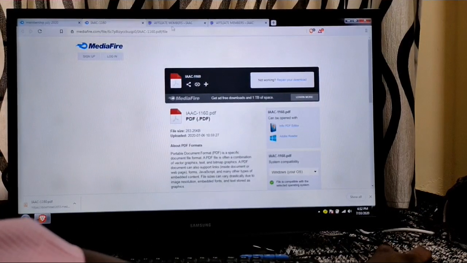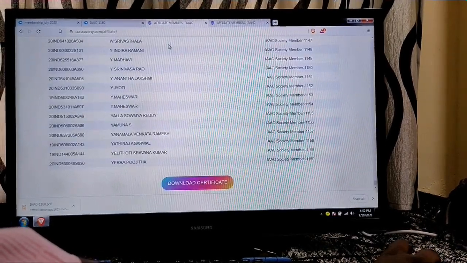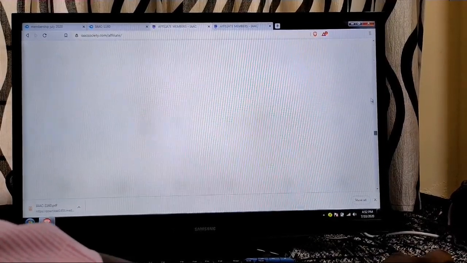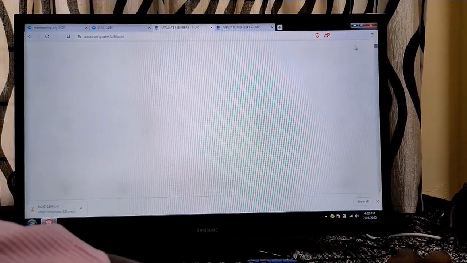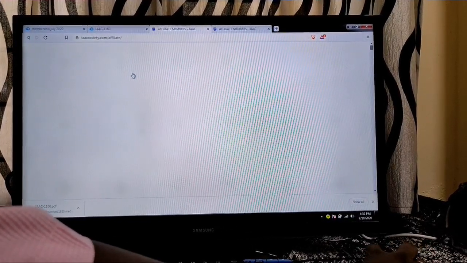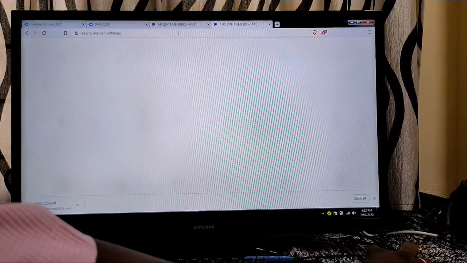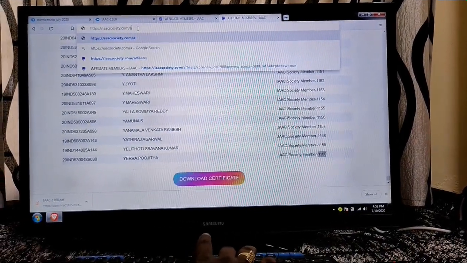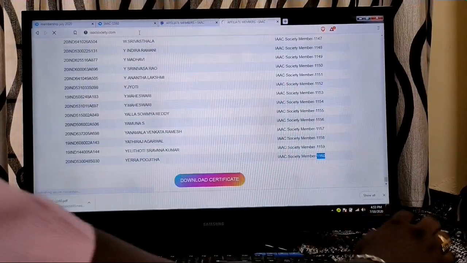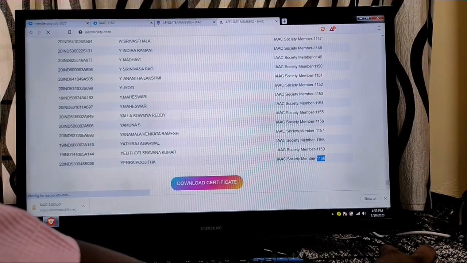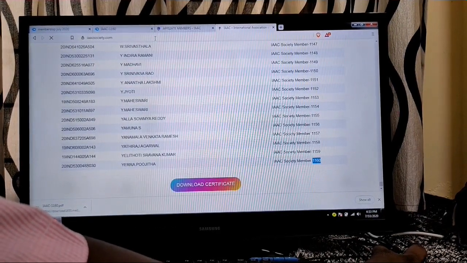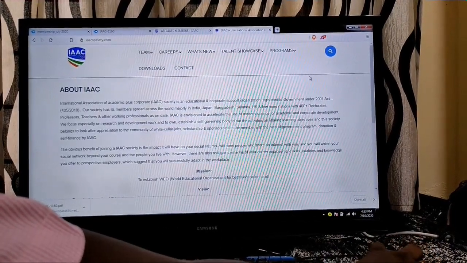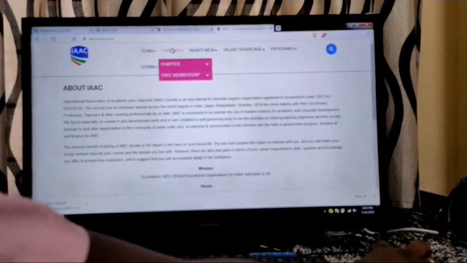Now let us see what are the benefits that an IAC member gets once he becomes an enrolled person with IAC. We generally call our IAC members affiliates as soon as they become our members. So once you become a member of IAC, you will have access to all the programs that IAC conducts on a daily basis. IAC is now enrolled with more than 15 engineering colleges, 25 corporate companies and various societies. Let me tell you, you will find a button here called What's New.